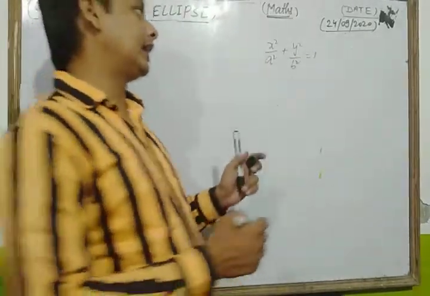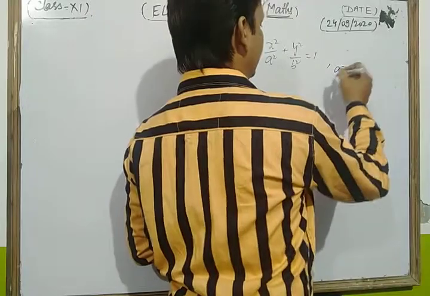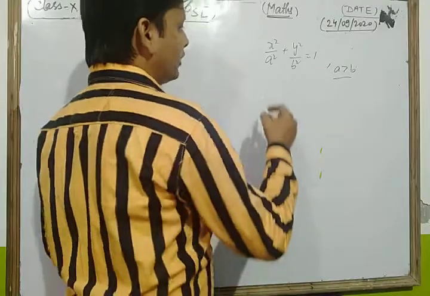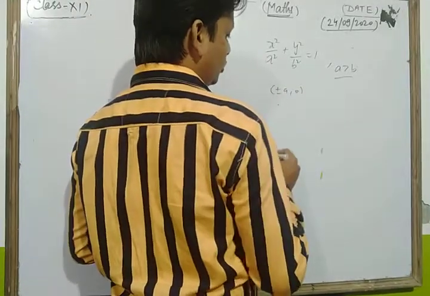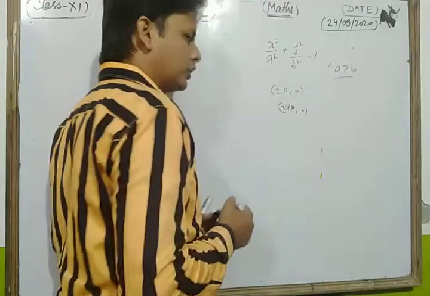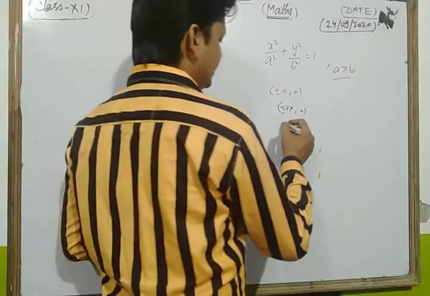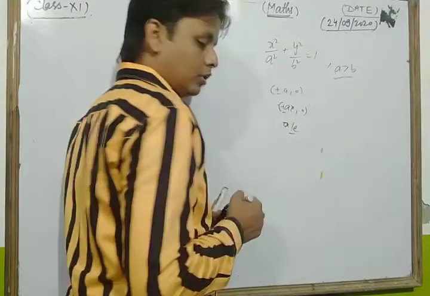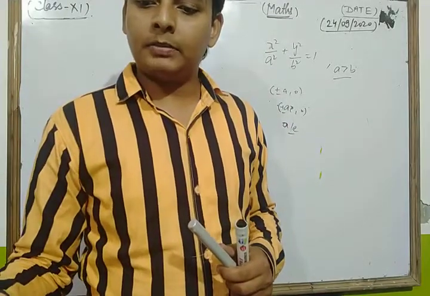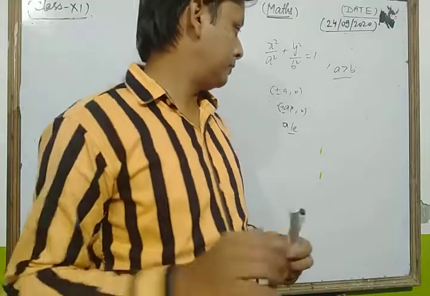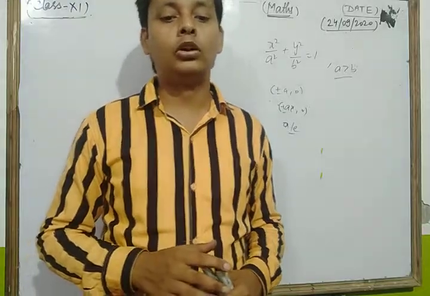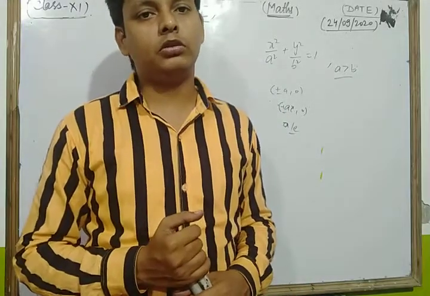Meaning, for that type of ellipse, if a is greater than b, then the coordinates of its vertices are plus minus a, 0. And we discussed all the important concepts related to it, and the equation of the directrix is x equals plus minus a by e. So dear students, in that chapter we discussed all the important concepts, and we also solved some important questions based on this topic. Now we take and solve some important questions based on the ellipse.